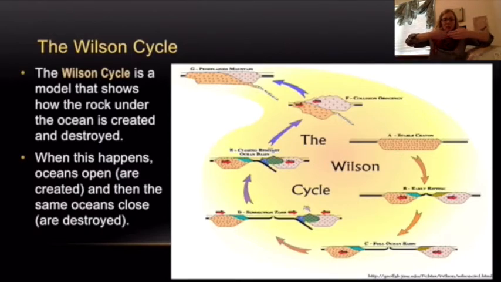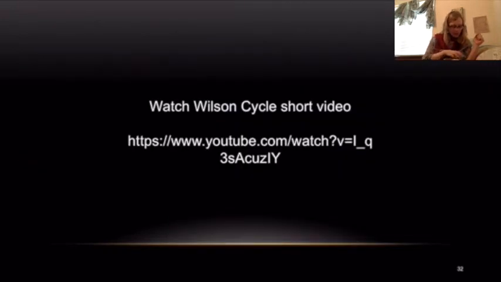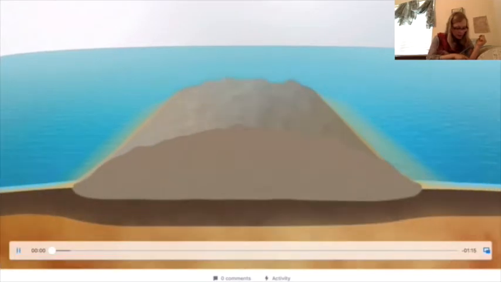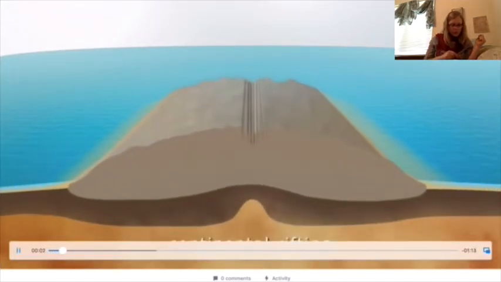Let's see, we've got a plate that's moving under another plate. So you can see that from the top. But I also want you to see what it looks like from the side, where one plate's going under another, or plates are moving apart this way. And again, rocks are being created, transformed, and destroyed through this process. I think I showed this to you last time, but we're going to look at this a couple different times. So here's a video showing